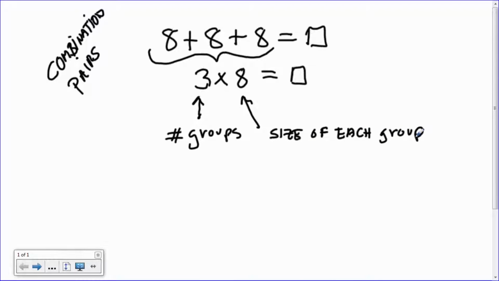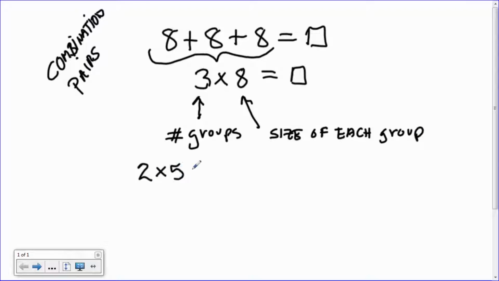And of course, what we want to know is if we take these three groups of objects and merge them together into a single group called the target set, how big is it? And so combination pairs are pairs which lead to a friendly number. And so it might be such things as